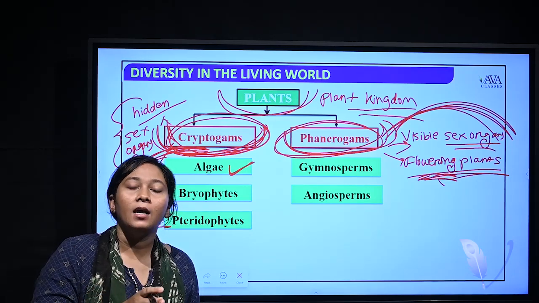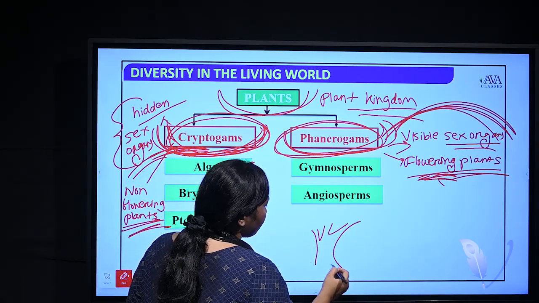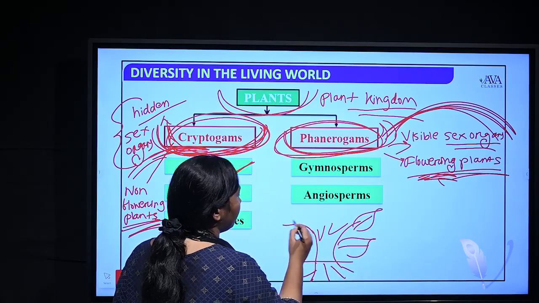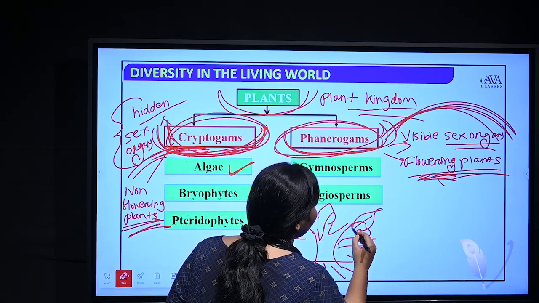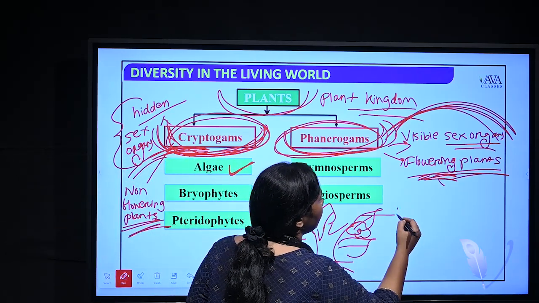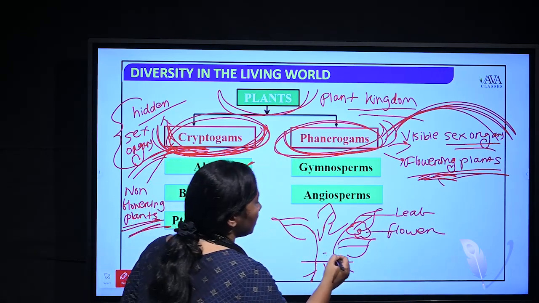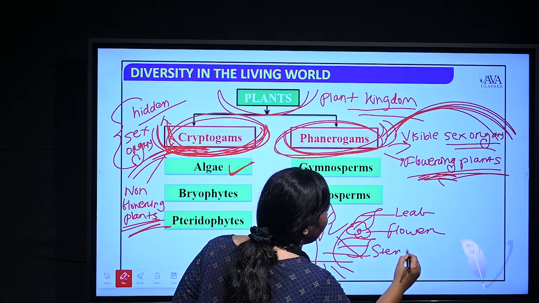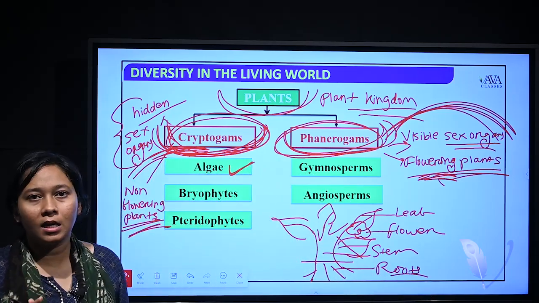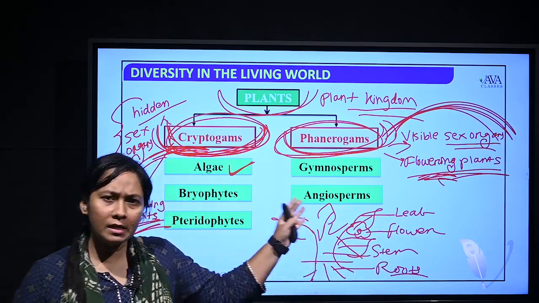That's why, if I am drawing a plant here, you can easily recognize its organs. For example, you can easily recognize that, ma'am, it is a leaf, ma'am, it is a flower. You have drawn here the flower, and these are the stem of the plant. These are the roots. You can easily recognize all the parts of the plant, that is your leaf, flower, stem, roots.